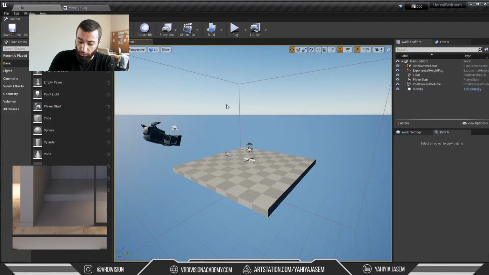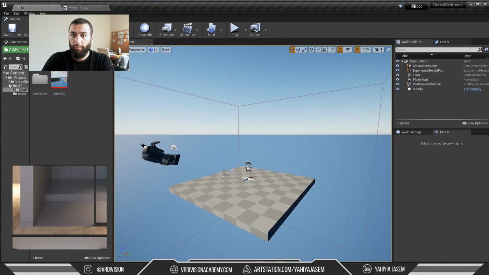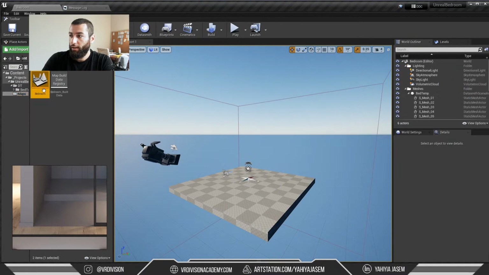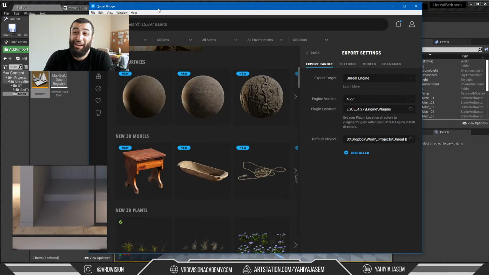Once I find a solution to that Megascans problem, life would be good. Okay, it is what it is. We can create our textures manually, so